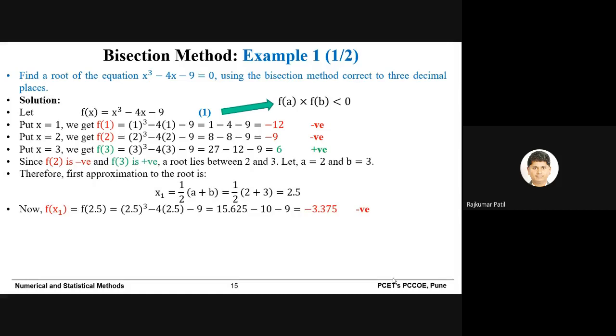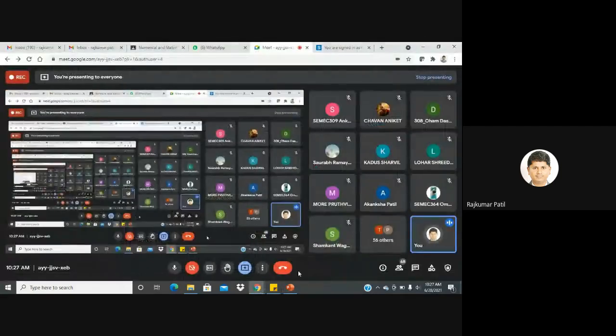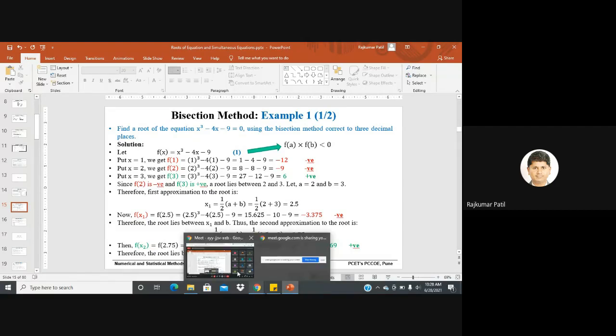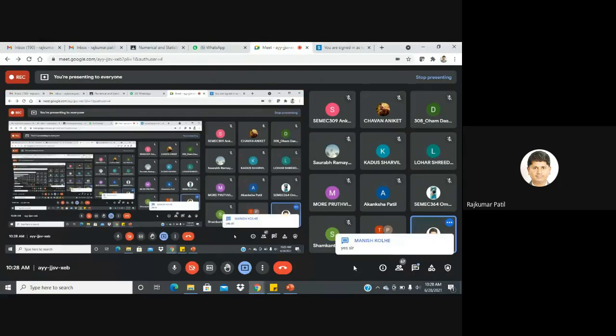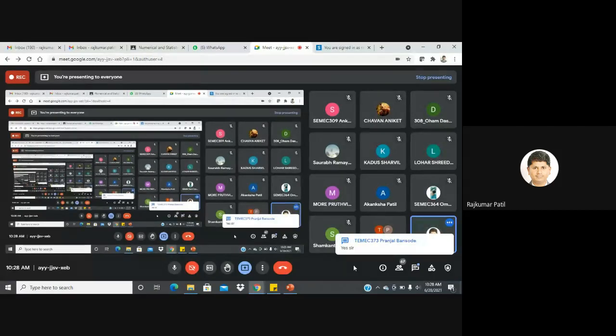Now if you have any question, you are free to ask. Yes, the session is open for discussion. Yes, please, anybody unmute yourself and ask a question related to this method. Did you understand this method? Yes, anybody? Yes, only one response. If you have any kind of doubt, you need to ask a question here. This is very, very important.